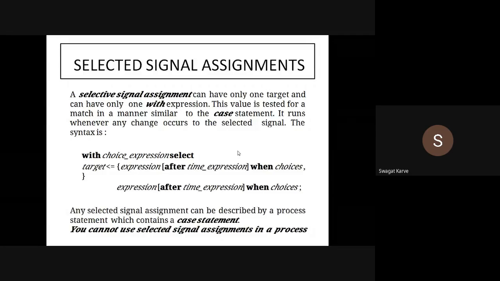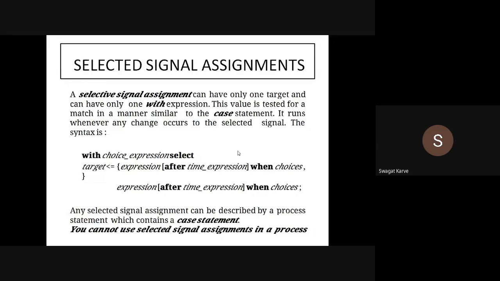But you have to depend that signal or you have to change that signal value with some condition, then you have to use this selected signal assignment statement. म्हणजे ती सिग्नलचीच व्हॅल्यू जर का तुम्हाला पर्टिक्युलर कंडिशननी चेंज करायची असेल तर त्यासाठी तुम्हाला हे selected signal assignment statement